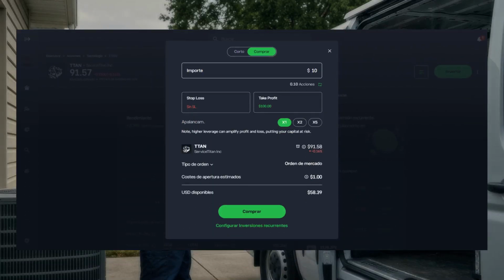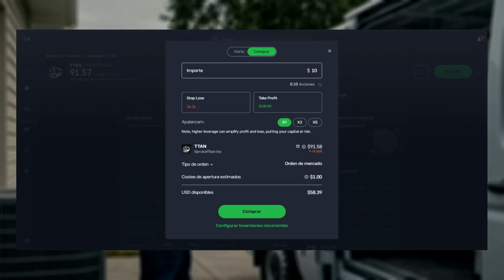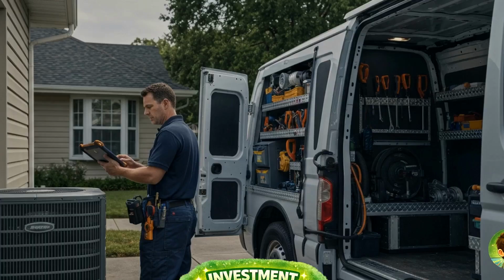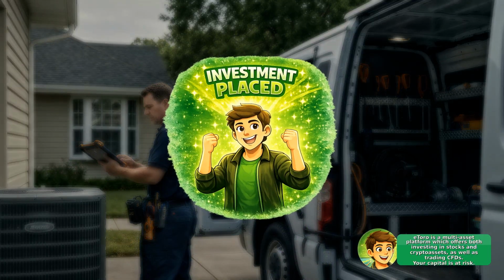Tap Invest or Buy. Enter the amount you want to invest, then carefully review the order details and confirm to place the trade. If the market is closed, the order may be pending until it opens, and if you lack sufficient funds, the platform will prompt you to add money before confirming. Once executed, the position will appear in your